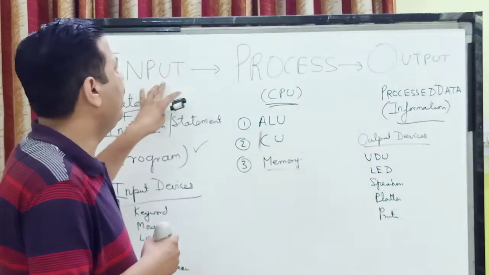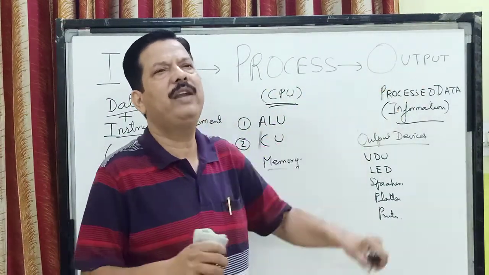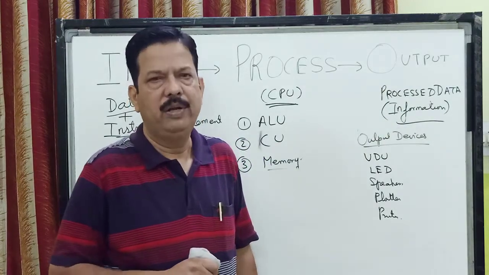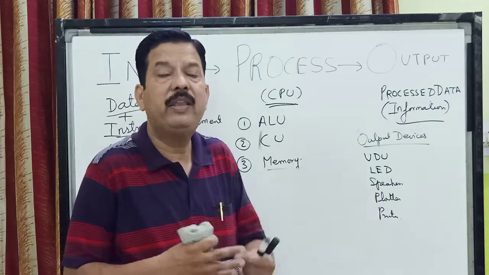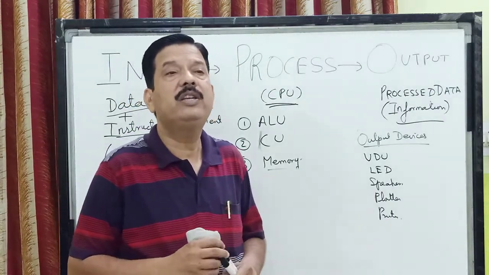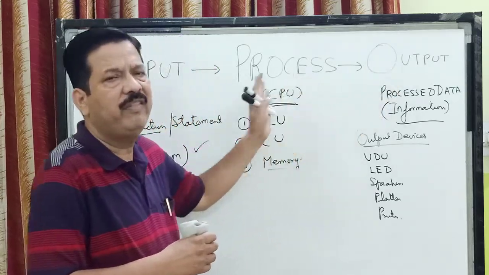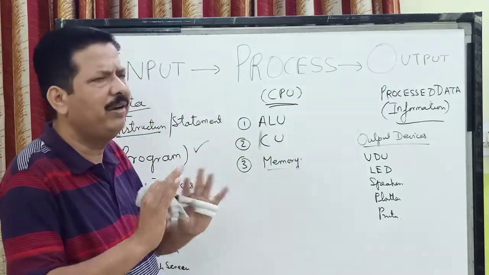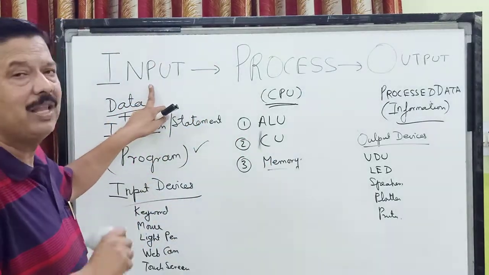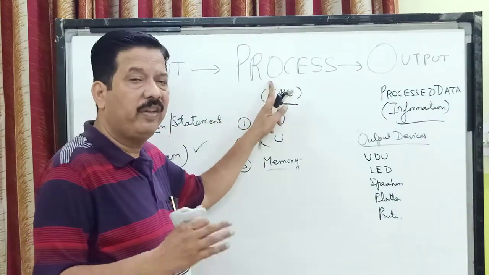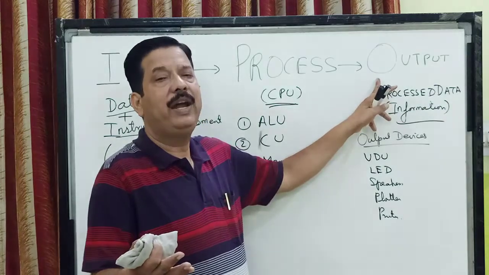Many times you may not get the input, you will only be asked the output. Say it asks you to find out the total of a student, say a total of 3 marks, but the 3 marks are not given. Or you are asked in such a way that either output is given or process is given, but input is not. But many times the question is asked where whatever you have to input is given in the program, the things you have to process are also mentioned in the program, and the final output which you have to find out is also asked.